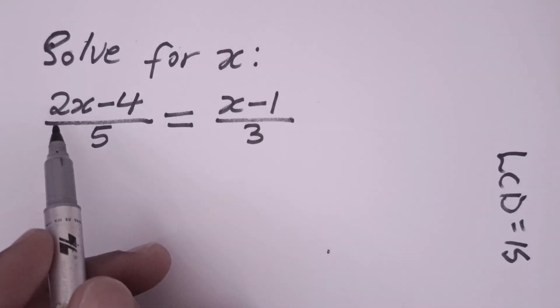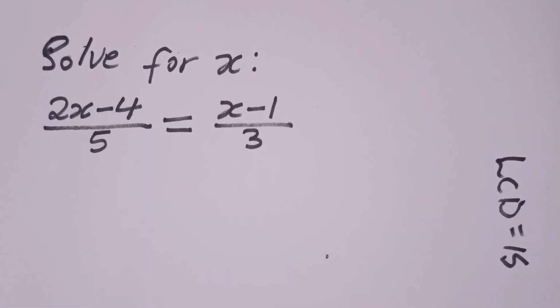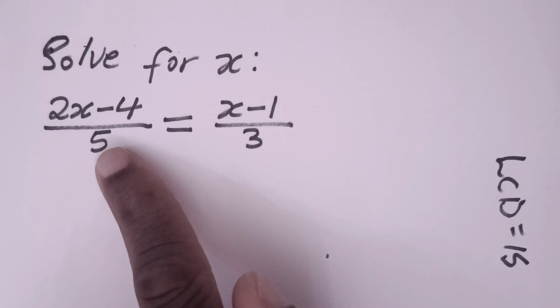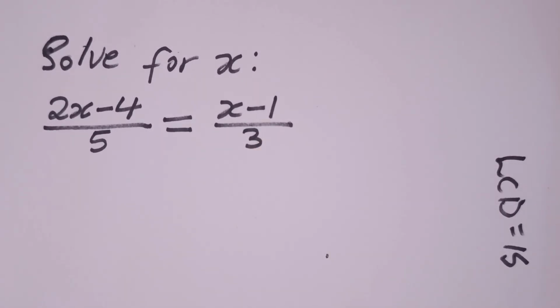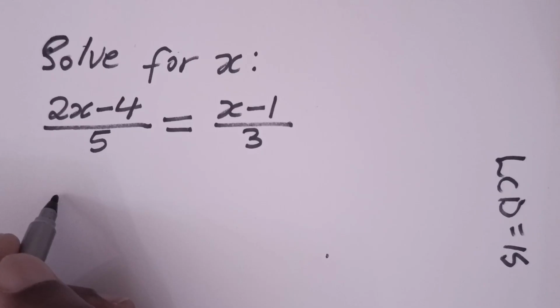LCD. We need to multiply both the right hand side and the left hand side by the LCD, and the LCD is 15 because 5 would go into 15 3 times without leaving a remainder, and 3 would go into 15 5 times without leaving a remainder. So we multiply both sides by the LCD. Of course, there is a much easier way to go around, but let's just follow the most basic